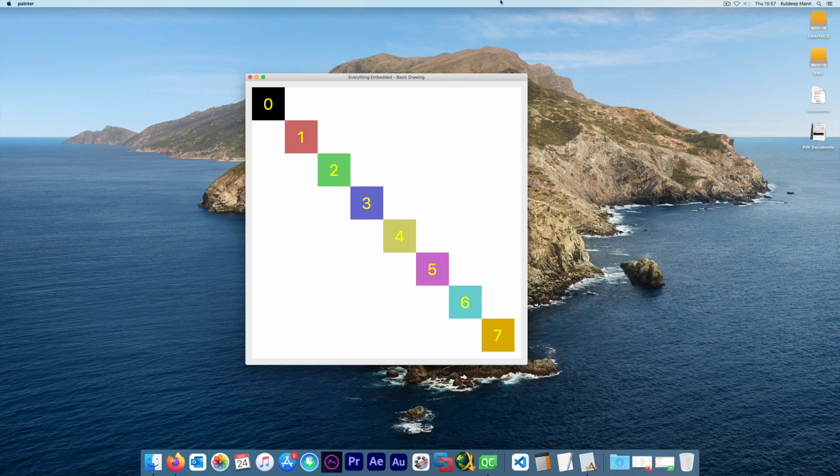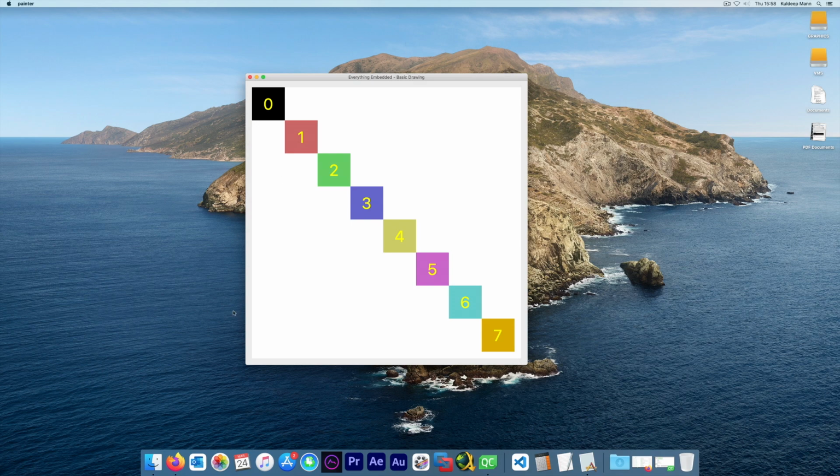So before we even talk about the code, what are we going to discuss in this one? We will be talking about the QPainter class. Yeah, that's right, the QPainter class. This is the class which is responsible for drawing the text, the rectangles, if you want to draw an ellipse.